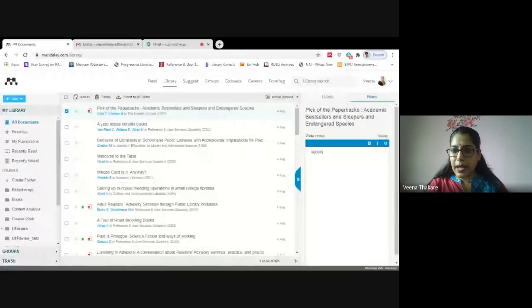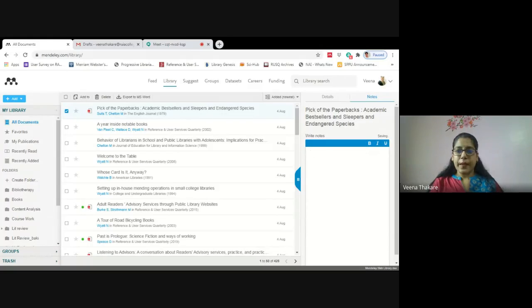As I'm adding notes, there is no save feature. You might get confused. I have typed so many points in there, and where is the save feature? See, as you can see here, it is automatically saved. Then you have basic editing options of bold, italic, and underline, and you can add those notes there. And you can sort it newest to oldest or A to Z.